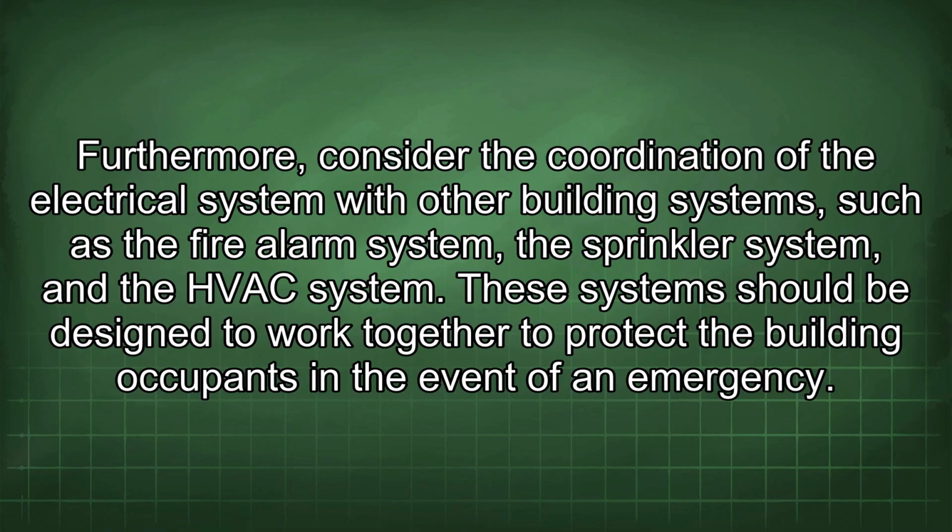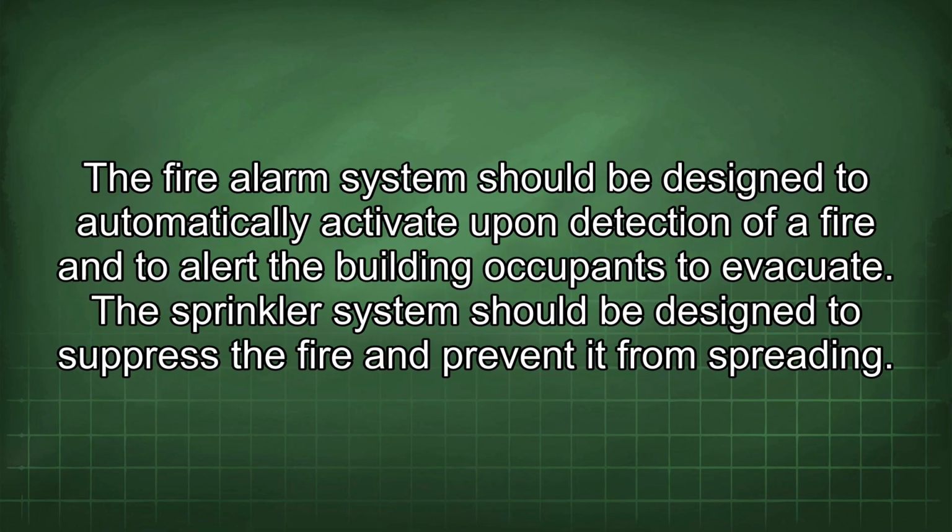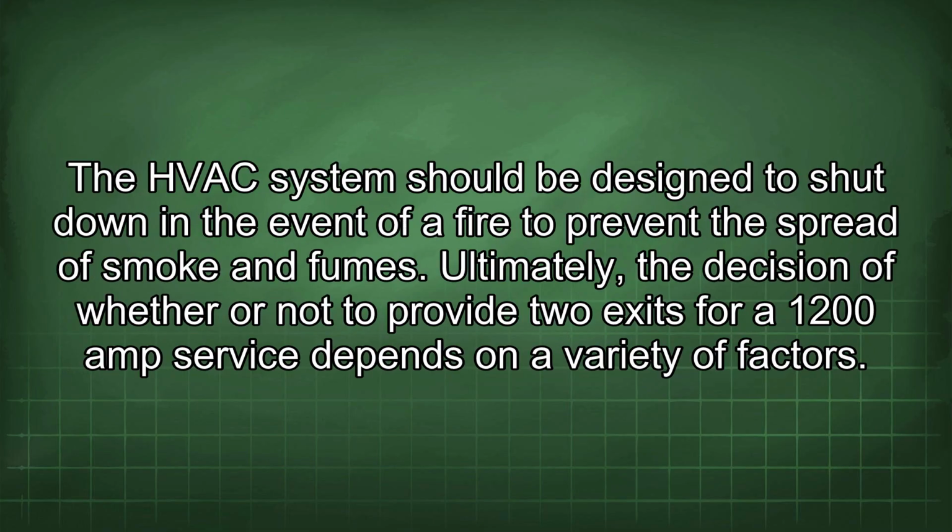These systems should be designed to work together to protect the building occupants in the event of an emergency. The fire alarm system should be designed to automatically activate upon detection of a fire and to alert the building occupants to evacuate. The sprinkler system should be designed to suppress the fire and prevent it from spreading. The HVAC system should be designed to shut down in the event of a fire to prevent the spread of